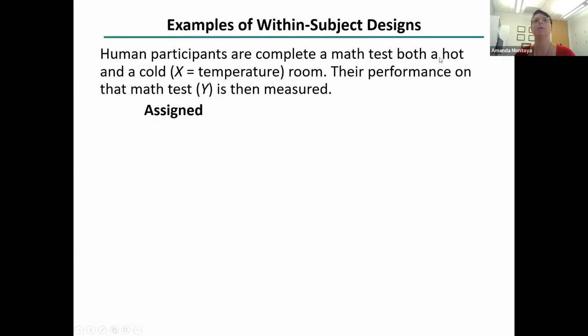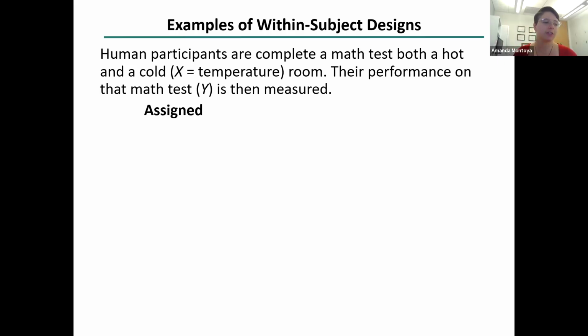So for example, you might want half of those people to be in the hot room first and then the cold room, and half of those people to do the cold room first and then the hot room. The question then, though, is what do you do with that information?